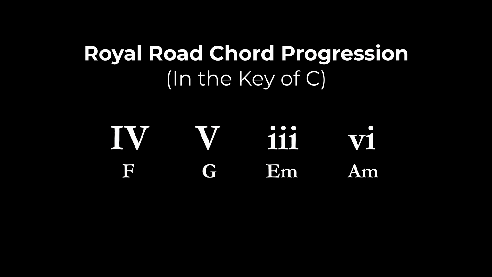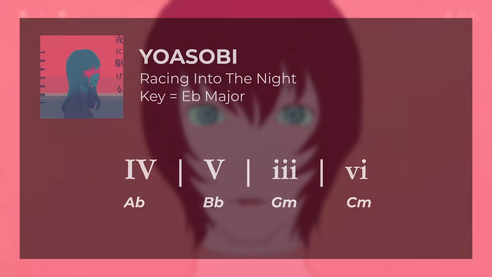This progression is often resolved using a 2-5-1 at the end, which is D minor, G, C in the key of C, although looping the progression itself is quite popular too. Some examples of the Royal Road progression include